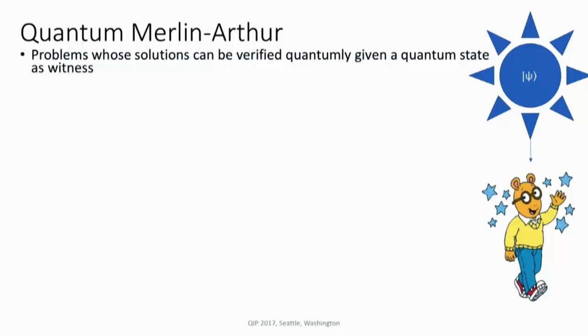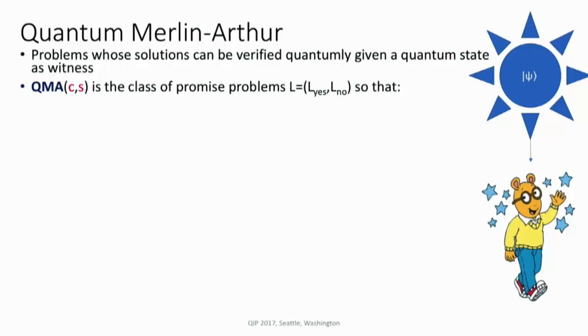So here's Arthur. He's really excited and happy because he has a quantum computer. And he's receiving a polynomial in n qubit quantum state psi from Merlin, which is supposed to convince him of the validity of some mathematical claim. So formally,